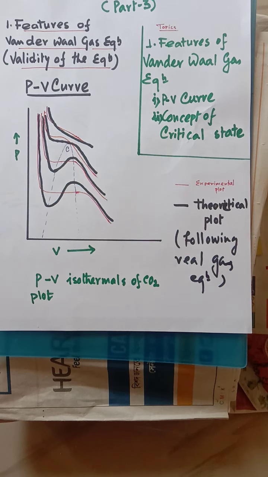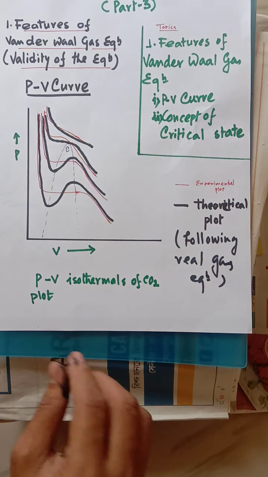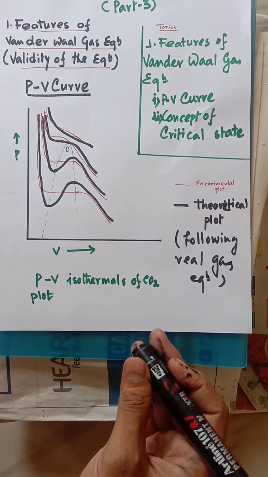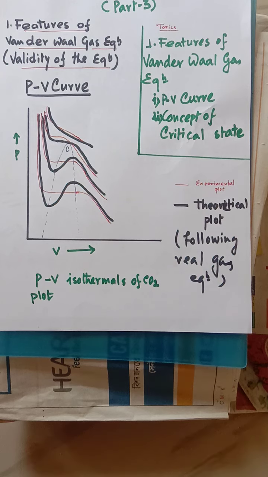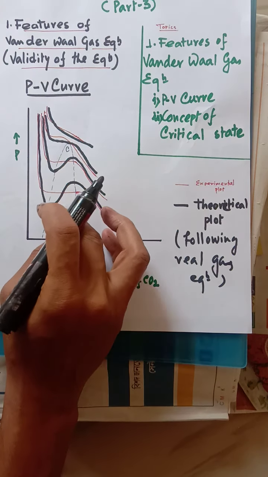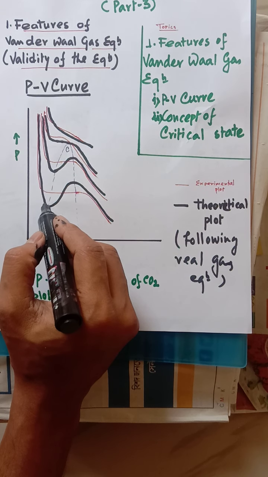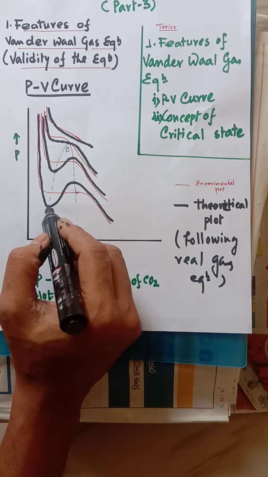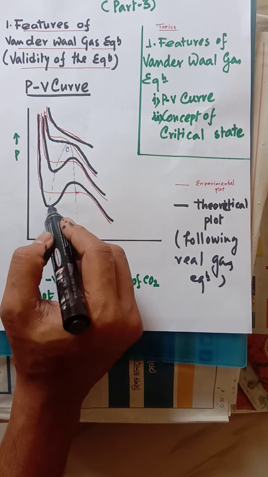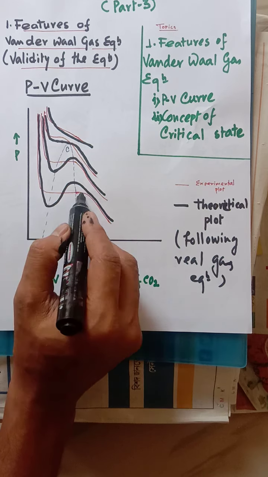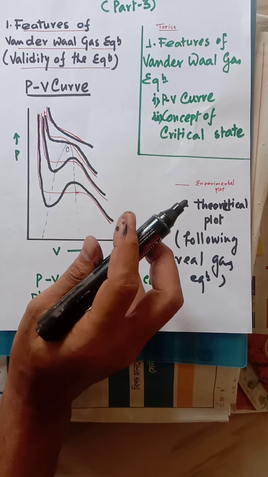So it is very much clear to all of us that there is a little bit of difference between the experimental one and the theoretical one. One more thing we have to see is the deviation in this range. Whenever it is theoretical, it shows a minimum and maximum point, whereas in the experimental value there is no minimum and maximum.